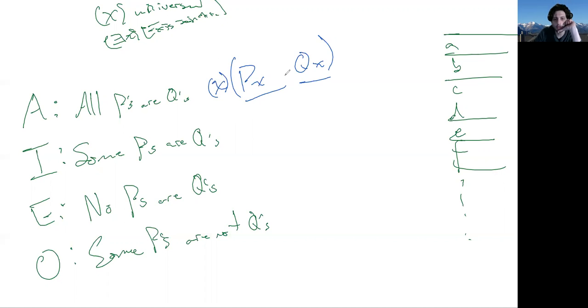A common thing to do is to say conjunction, but let's think about what that would translate to. For everybody out there, this is you introducing the class of things. You're telling me you can go to everybody out there and they're not only going to do P, but they're also going to do X. So you're telling me everybody is a P and everybody is an X. That's actually not what we're saying here, right? If I'm saying all P's are Q's, all dogs are brown, I'm not saying everybody is a dog and brown. I'm not saying everybody's a brown dog, right?